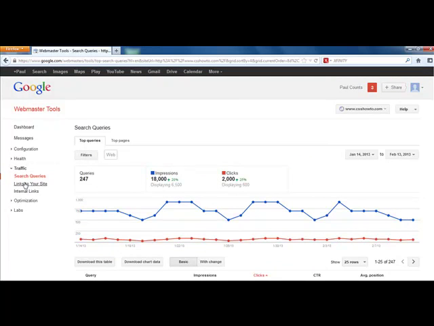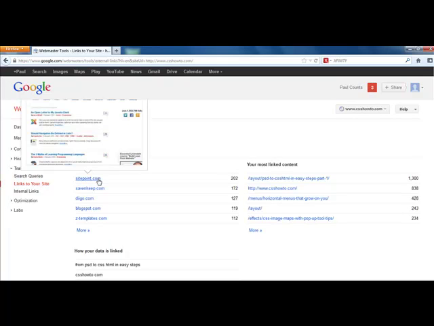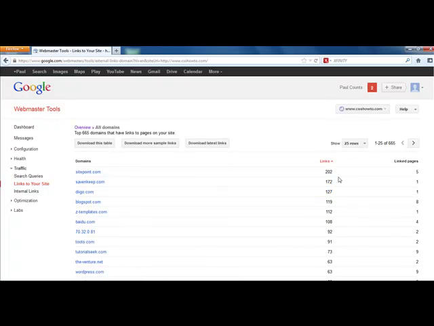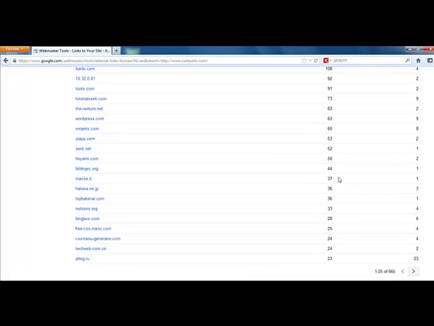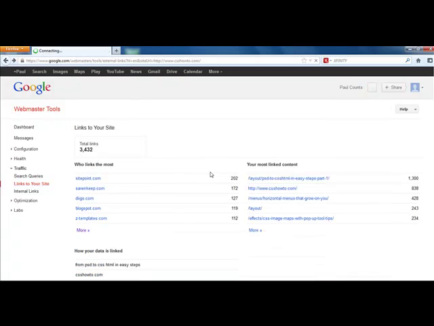The other thing you find is links to your website. This is good for knowing where you're getting backlinks from, like SitePoint.com, which is an authority website. It actually has links right here to this page. 7keep, Digo, which is like a social bookmarking site, Blogspot, Z Templates. You can click on more here to see all these different pages that link into your website. So you can find that there's a lot of different websites that come up here and that actually help drive